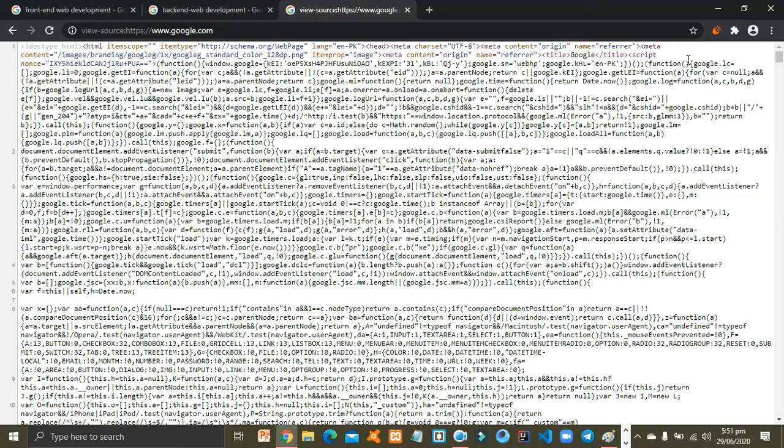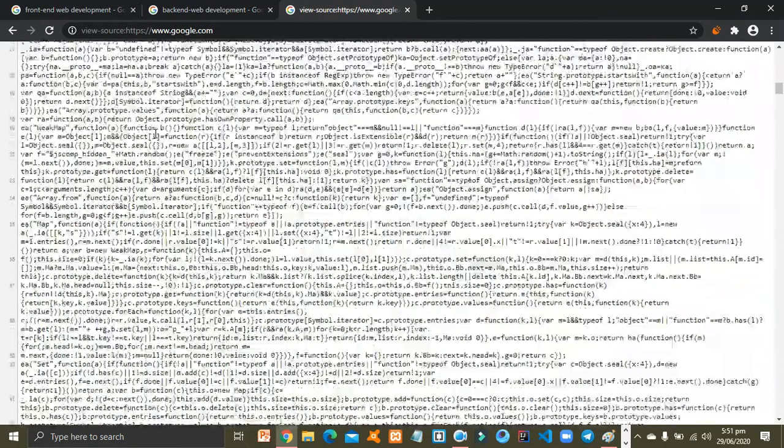This is the front end code for google.com, and they have added a very big functionality to their website as they are a very big company. If you are a beginner, you may be thinking, what does all this code mean? For now, this is not HTML, this is not CSS, it's all JavaScript, but the JavaScript is written in the HTML template.